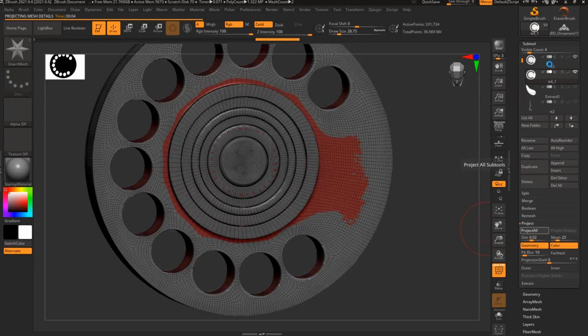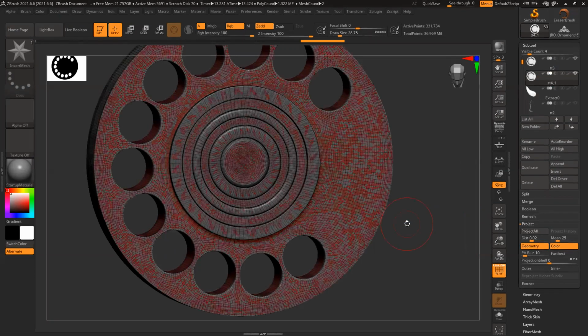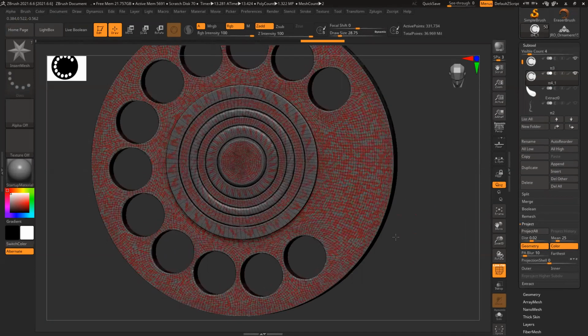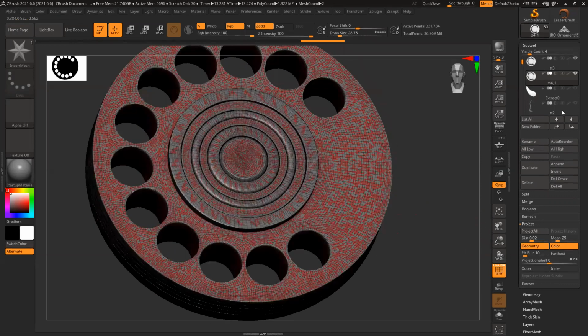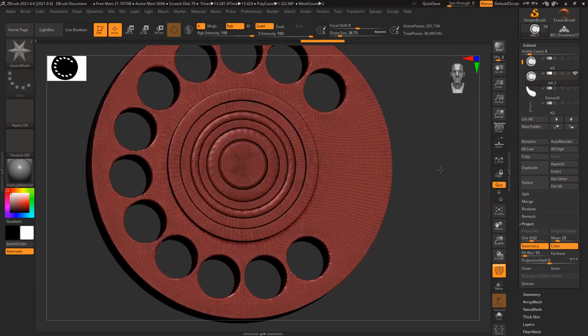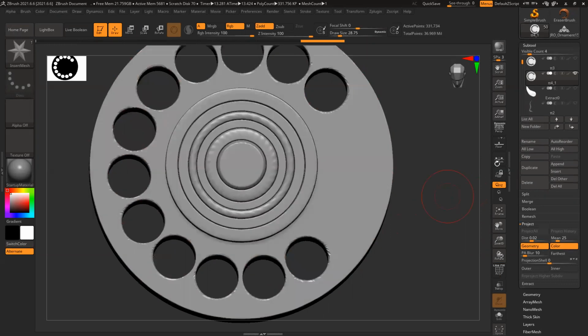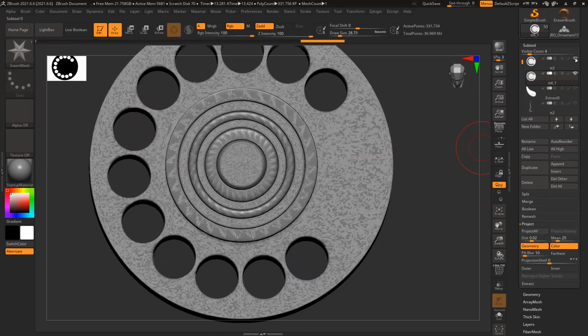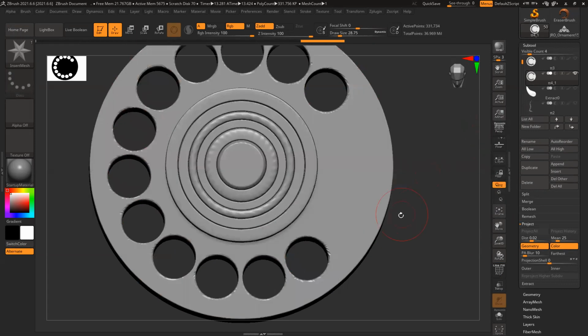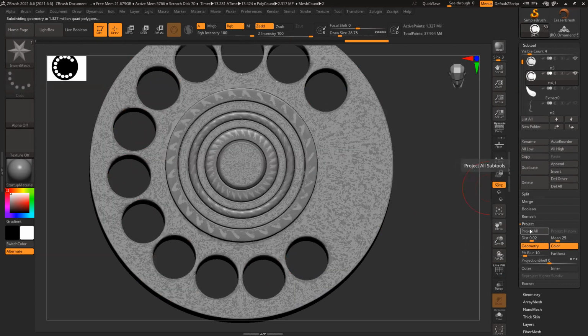The shape I want of this topology, I want this one. You can see it matched. Slide deformation is still there. Control D one more time. Switch on this one. Project all one more time.